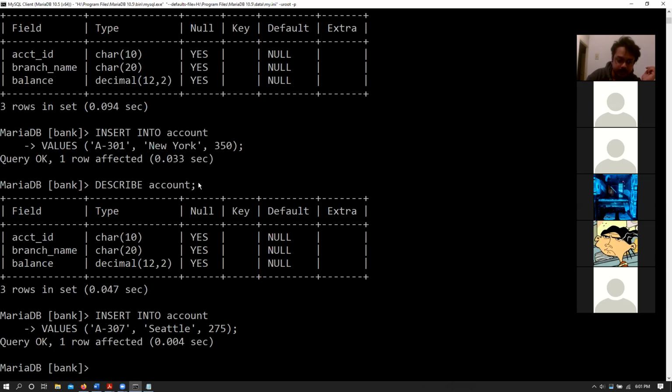This one adds the Seattle account information to my table. I will come to this particular command in just a second, but just to show you, select star from account